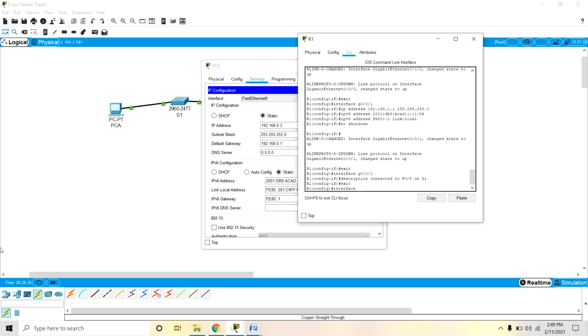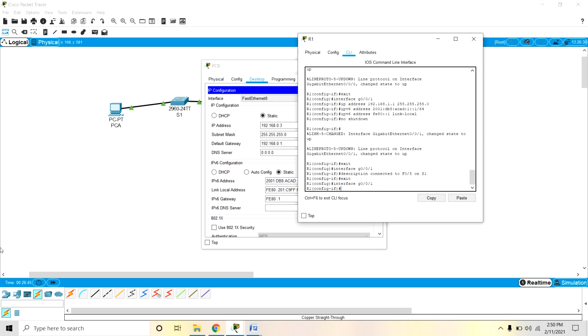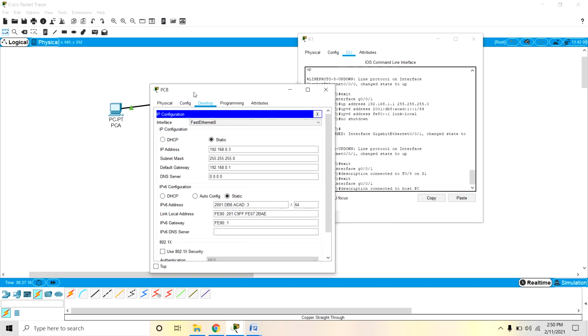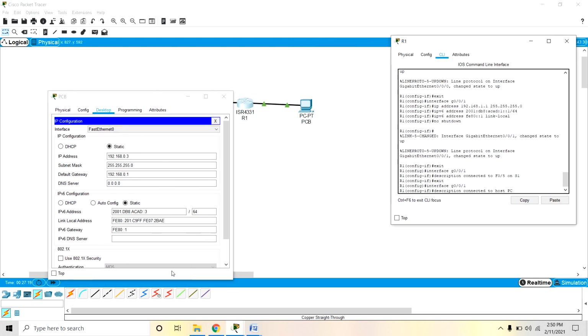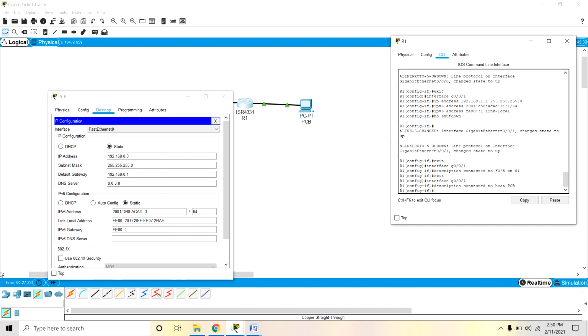Interface G1, description connected to host PCB. Now exit.